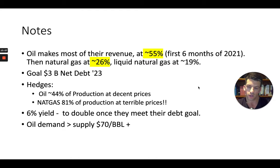Anyway, looking at about a 6% yield, and that yield will double. The company made an announcement. Once they hit the $3 billion net debt goal, they will double their payout ratio. Okay, so as a dividend, you're going to be looking at, who knows, if you buy today and hold on, it might be close to a 12% yield in dividends alone, because the company is just producing so much free